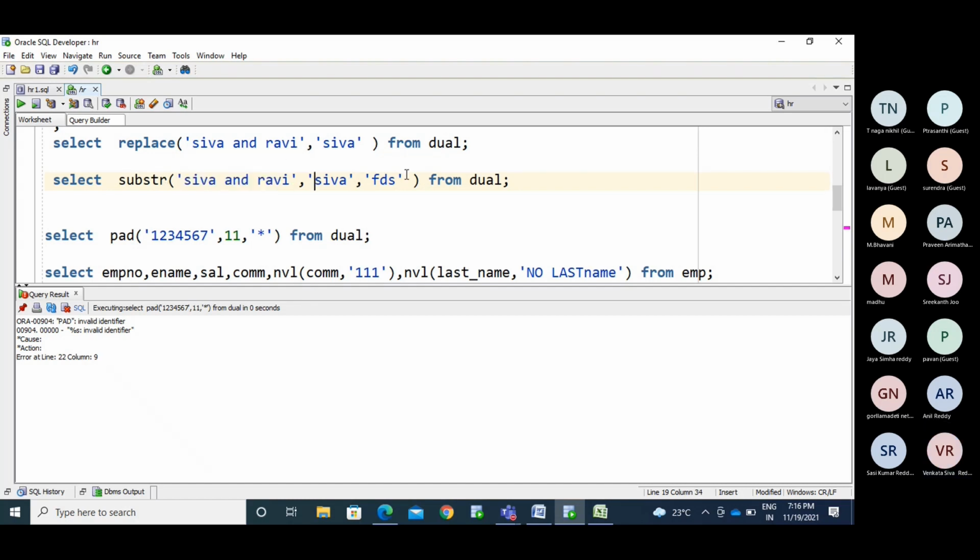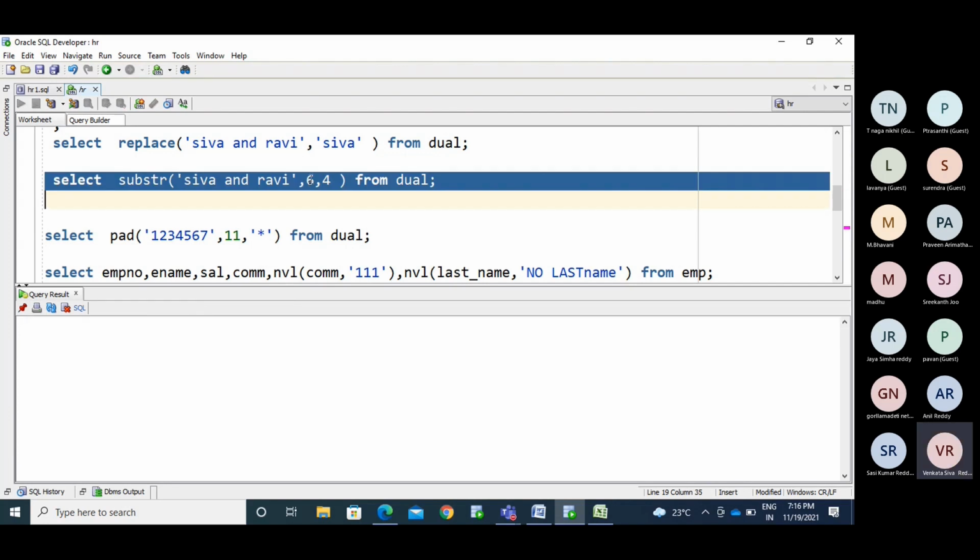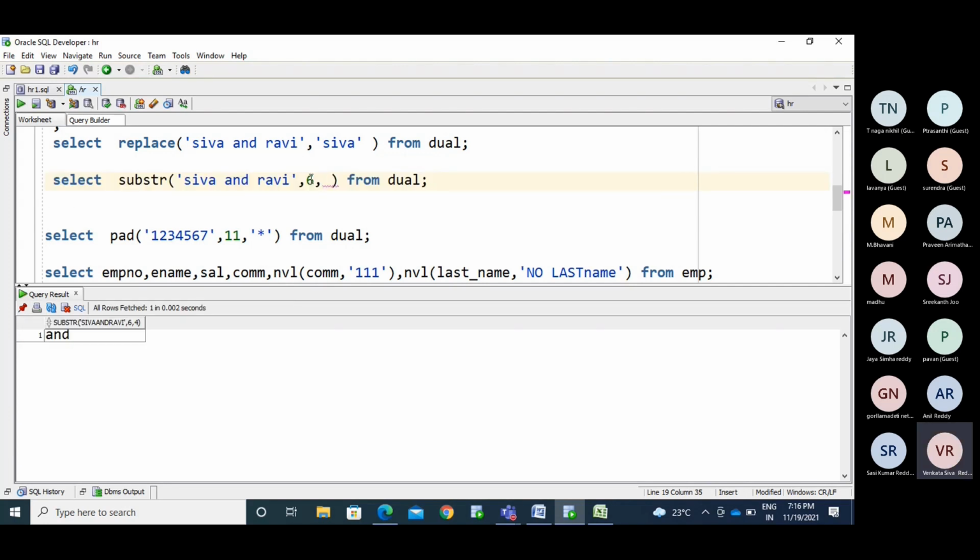So now, say we have Shiva and Ravi. In that string, I need to display only Shiva. Now we got Shiva. If I want to display only "and", I need to make it 6, 3.